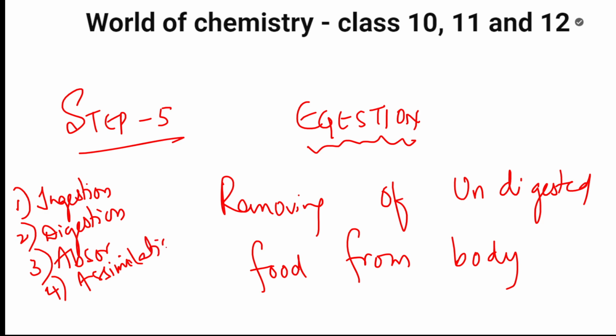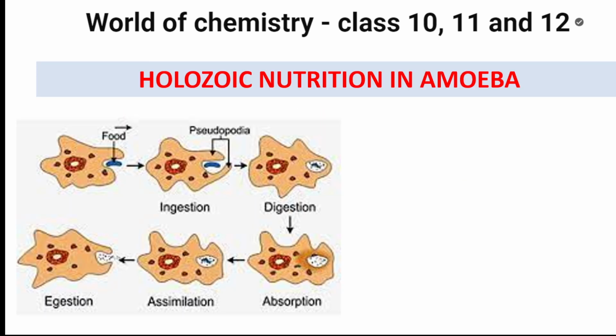Assimilation. Fifth step, digestion. Correct? Digestion. Perfect. Now, let us take this and apply it to amoeba. They may ask you, explain the holozoic nutrition in amoeba. So basically, in holozoic nutrition in amoeba, all the 5 steps, ingestion, digestion, absorption, assimilation, and egestion, everything